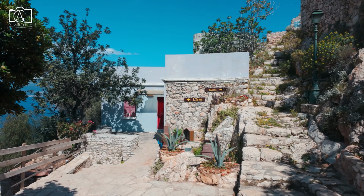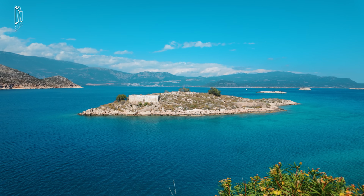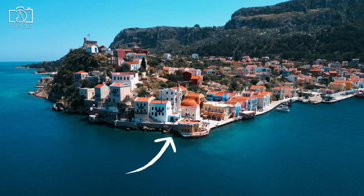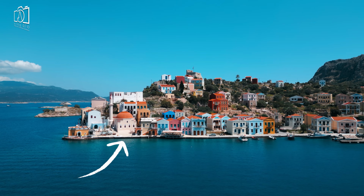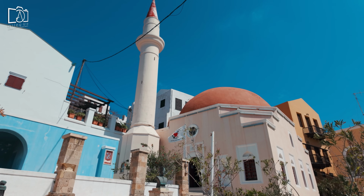From the viewpoint of islands and cache, I marveled at the sight of the nearby Turkish coastline just across the shimmering sea. A walk to Faros Point, where the old lighthouse stands, provided a dramatic sunset view I'll never forget. The Kastellorizo Folk Art Museum Kavos Mosque, housed in a former mosque, was a beautifully curated space showcasing everyday island